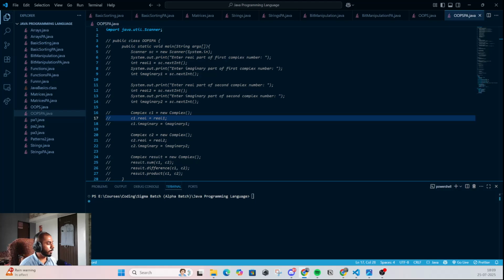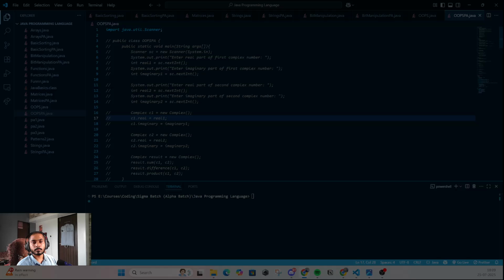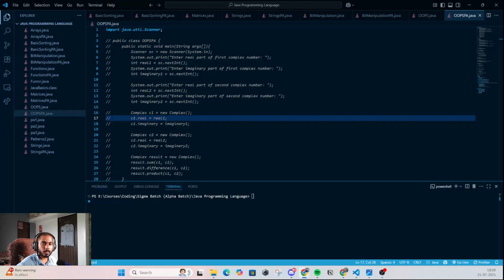So let us finally move on to a question, which is print numbers in decreasing order. So let's say if n is equal to 10, then you have to print 10, 9, 8, 7, 6, 5, 4, 3, 2, 1.